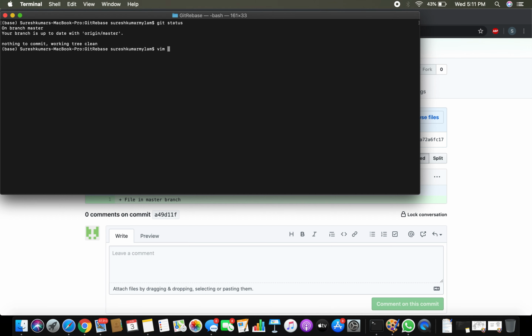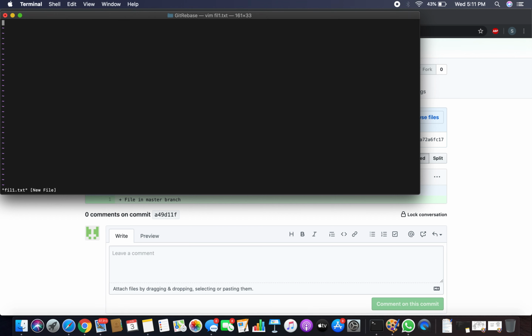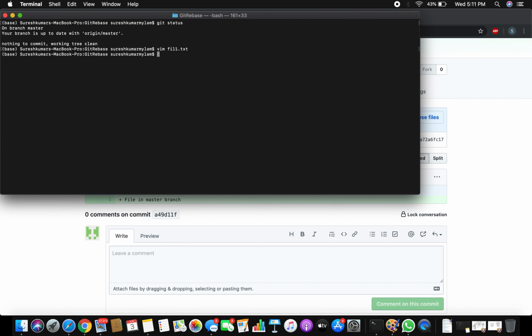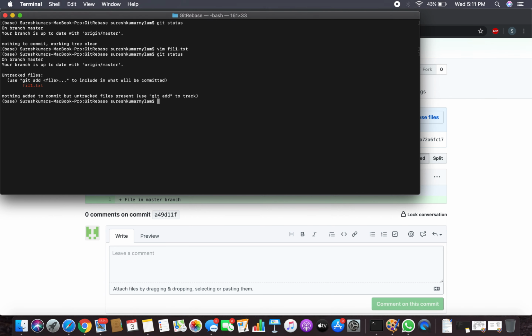I'm going to edit it with vim, file1.txt. Press I to switch to insert mode and type something. And this is my update on master. Press escape, colon wq and exclamation mark,